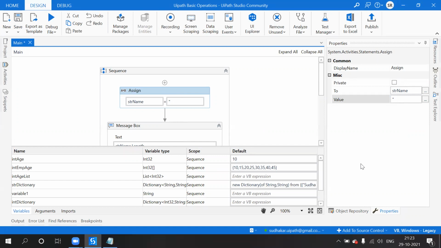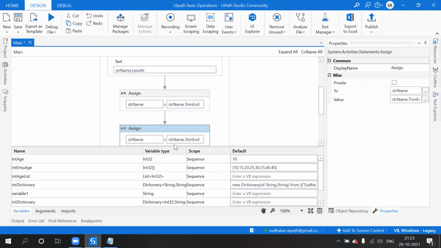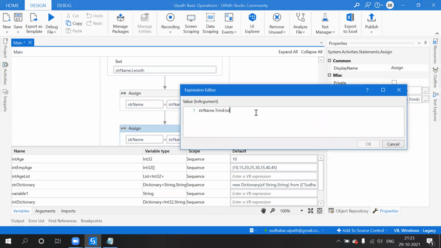So if I have some space, without using trim end and trim start, what is another way to do that? So we will see all of that as well. I have to use another assign statement. So here, instead of using trim end, trim start.